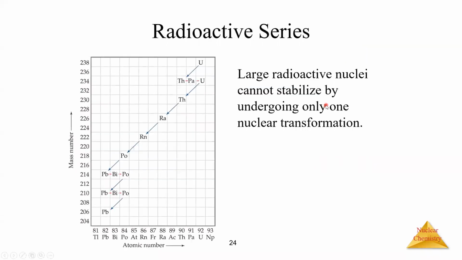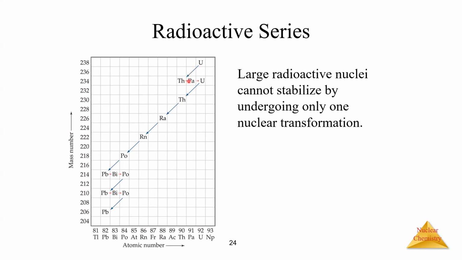And as I mentioned, a lot of these radioactive atoms are ultimately going to undergo decay in order to get a more stable nucleus, form a more stable atom. But with a lot of them, we'll see kind of similar to what we have on the graph here. It's going to be a chain reaction rather than just going from, in this case, uranium straight to lead. We're going to have a series of reactions. A radioactive series is what it's known as, where we transform, in this case, uranium